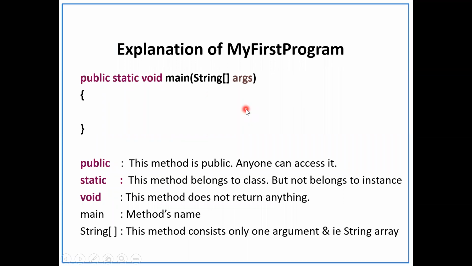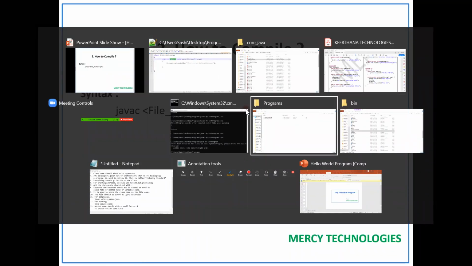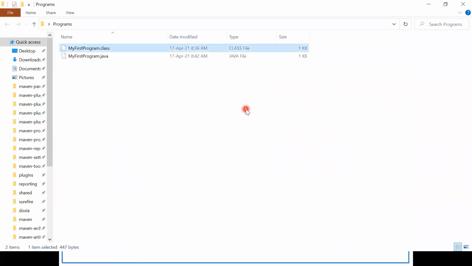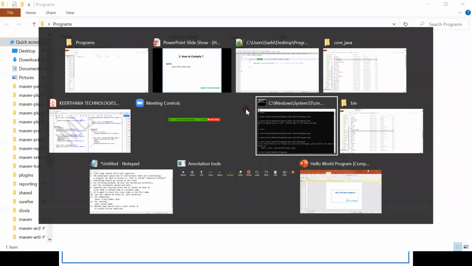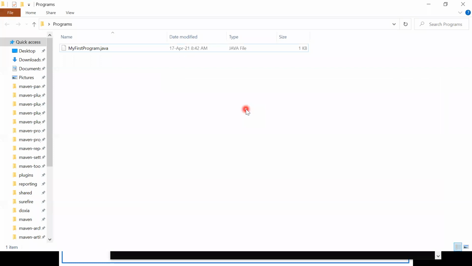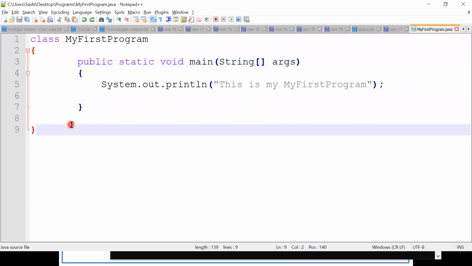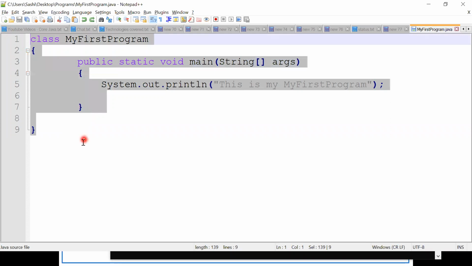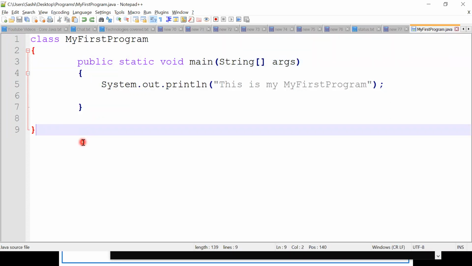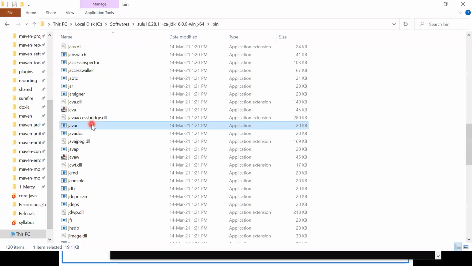Now we will see what is happening when we are compiling the program. We have already seen that. Again, what I am going to do is remove this .class file, and we need to compile it again. We will see what is happening when we are compiling the application. This is our source code. Source code means SRC, programming level code. So when we are compiling, the compiler comes into the picture. We have seen that javac is used for compilation, so javac comes into the picture.